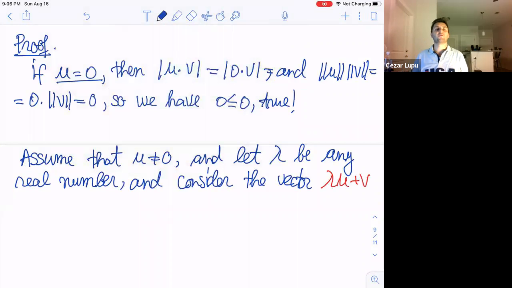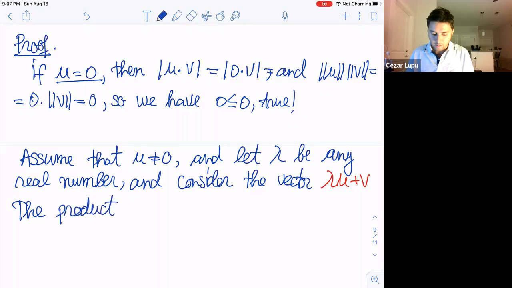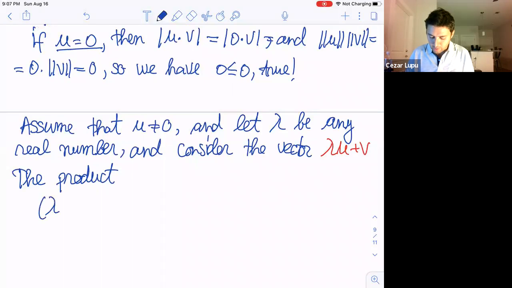So the scalar multiple of u, and we add it with the vector v. And now we're going to look at the dot product between this vector lambda u plus v and itself. In other words, we have the product lambda u plus v dot lambda u plus v,